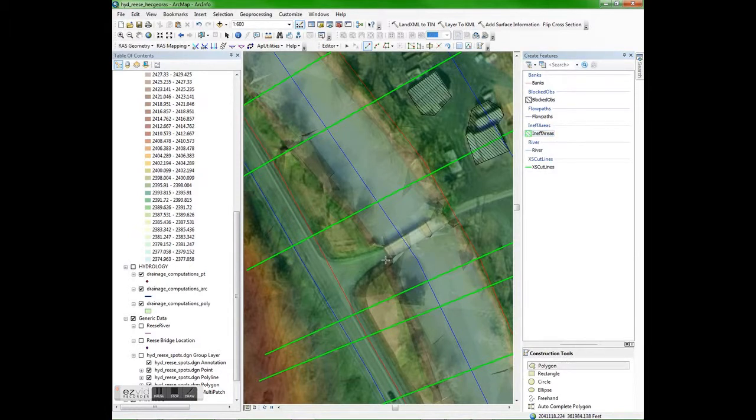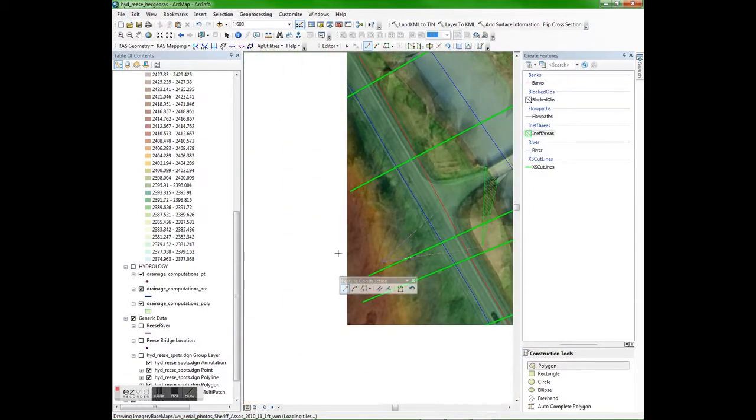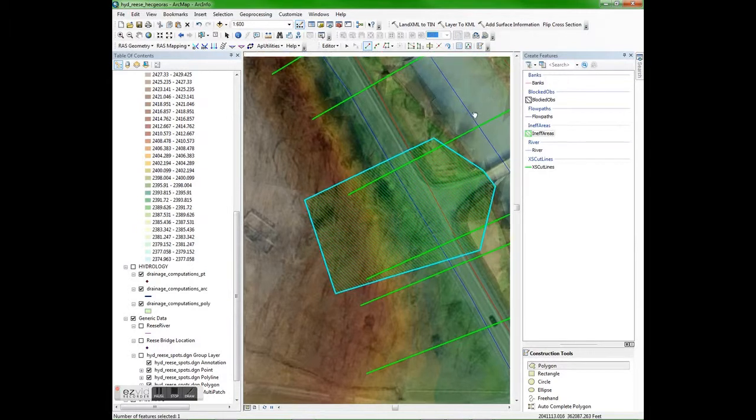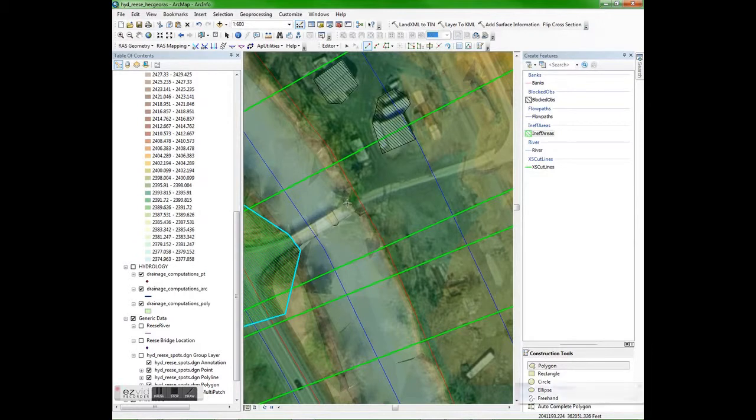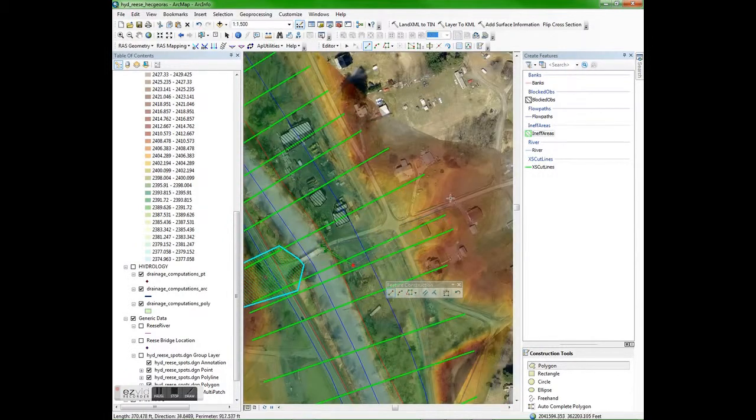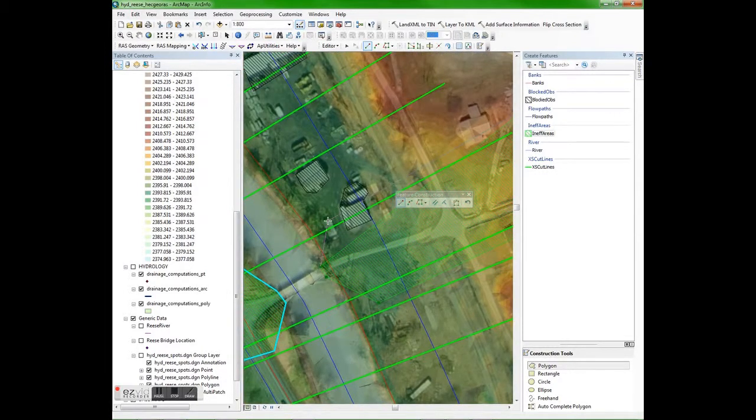Now, just as we did for the block obstruction, we're going to click polygon for the construction tool, and then given what our assumptions are for expansion and contraction, we're going to draw our ineffective flow areas. As you can see here, I'm just giving a rough entrance contraction expansion ratio. Now we can draw these exactly in the CAD drawing and then reference them in so that we can assume an exact expansion and contraction ratio, so that it's more of a legit